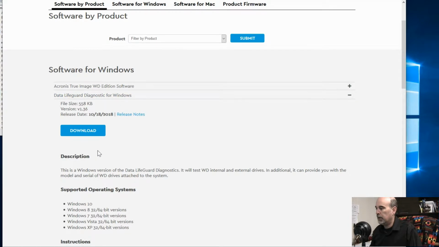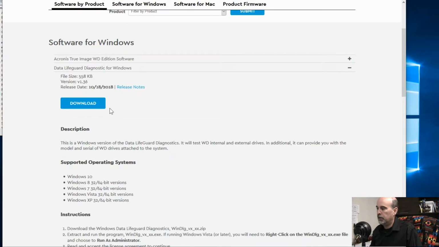And when you expand that, you may need to scroll down a bit. It's got some information about the size, version, the date of release, and there's a download button for you to download it. And it confirms the supported operating systems below as well. But whatever you're downloading here, it's the most current one, and it should be working. If you're using an operating system that's not supported, you're probably on something so old that you should be updating that, and that's a whole other story.